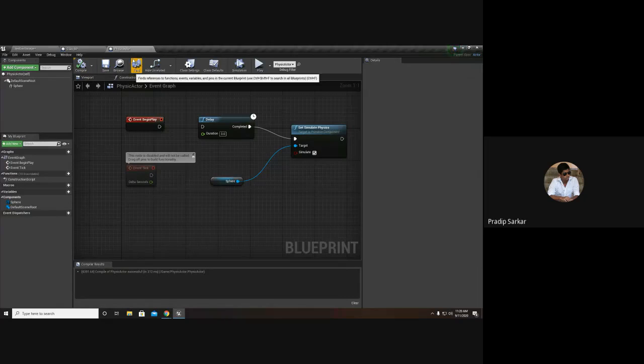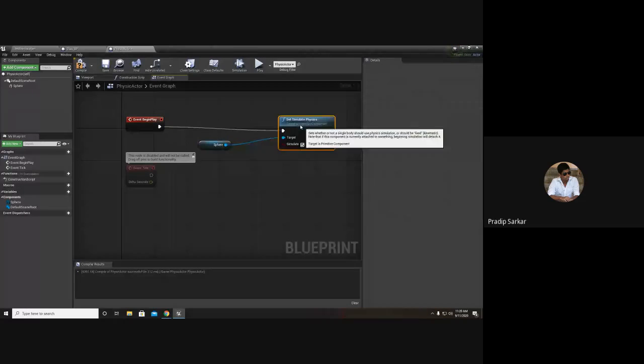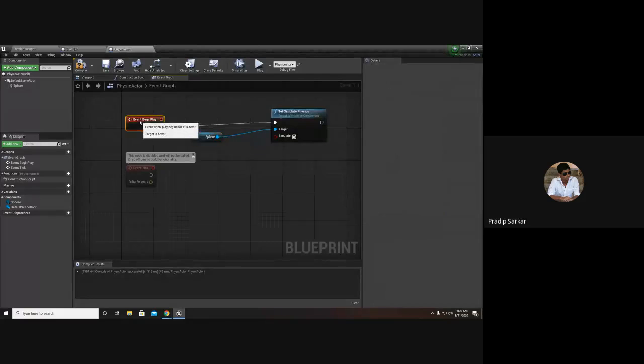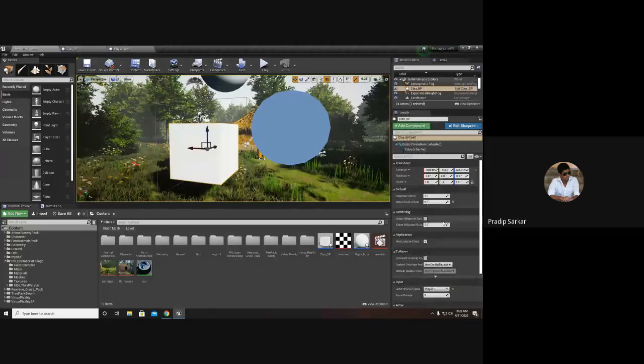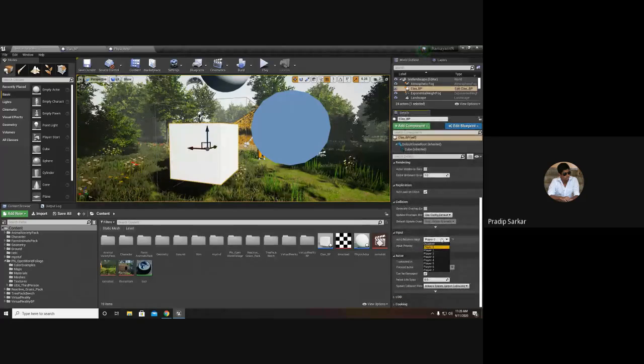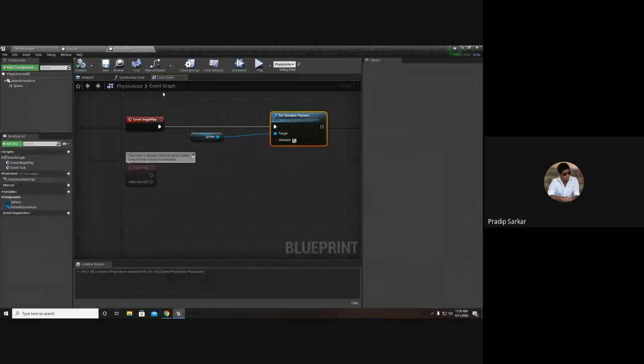Now, coming back to the physics, coming back to the physics ball. Let's say I will enable the physics, and for the cube, I will disable the auto receive input. Now for the physics ball,